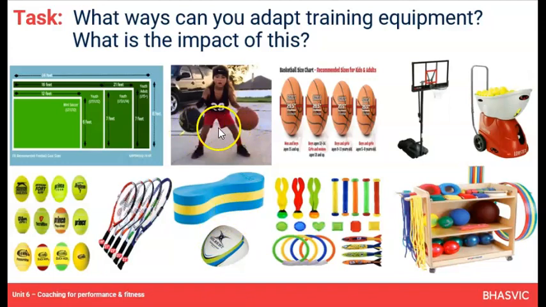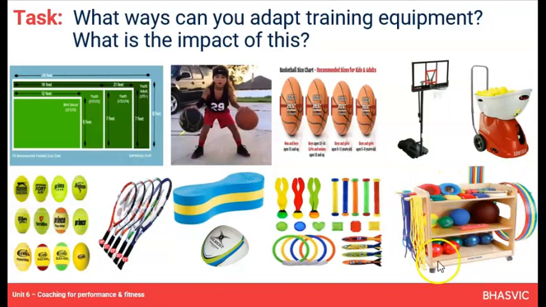You've got using multiple balls to try and improve coordination and dominant and non-dominant sides. So a lot of basketballers will do that. We've got different size and weight of basketball dependent on male, female, so gender, depending on age. We've got basketballs that can change height, again for different abilities or age. We've got equipment like ball machines or bowling machines that feed repetitious practice opportunities for players to hit whatever the sport happens to be.